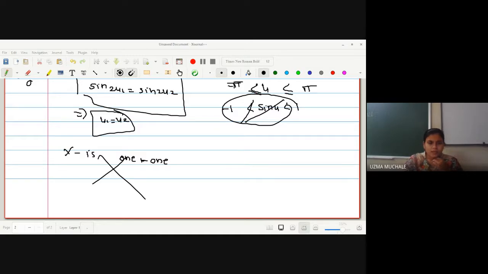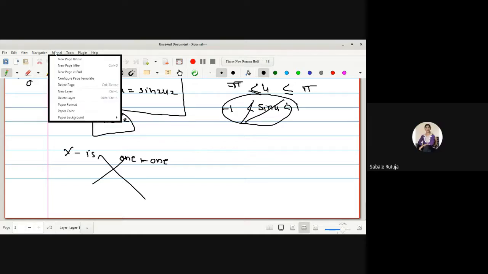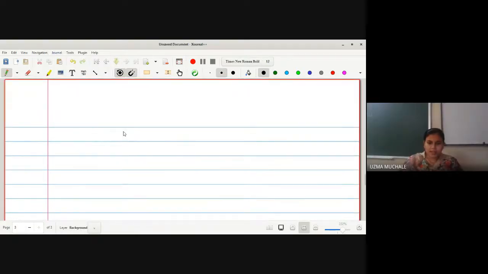Okay, now we have to find out whether it is regular. Okay, for regularity you have to check the condition. Okay, what condition you have to check? Yes, what is the condition? Rank of the Jacobian matrix is equal to the dimension of the domain. Let us check that, whether it is one-one. Sorry, regularity.